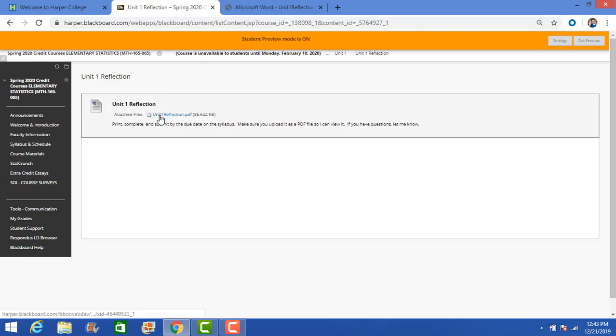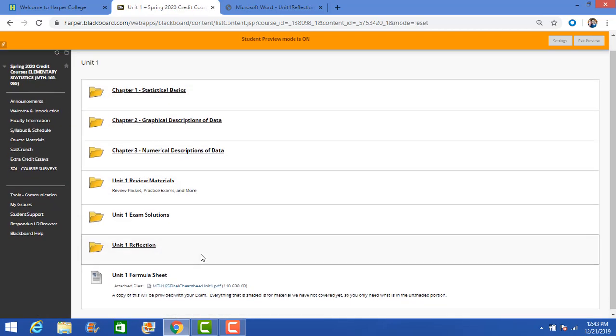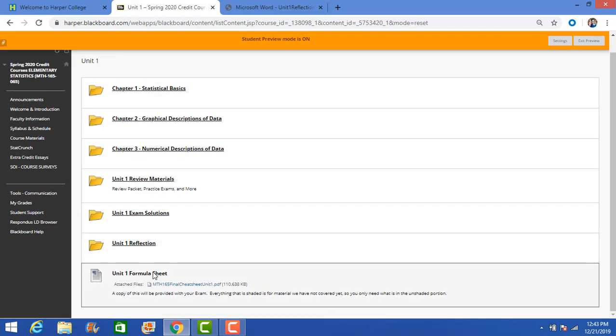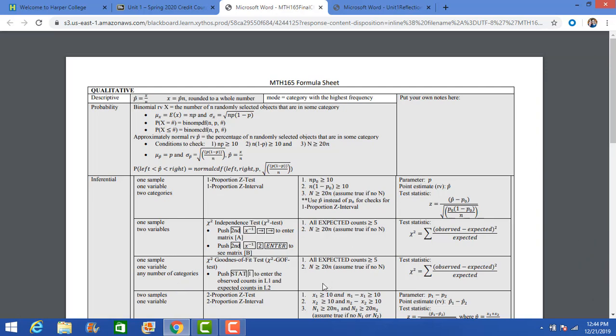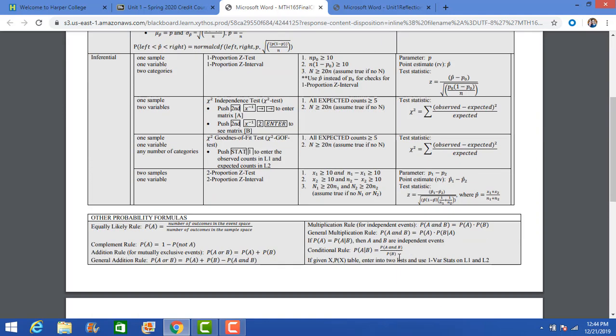Okay, so let's go back here. And then here's your formula sheet. So you can use this formula sheet for each exam. Now I will supply these for the exam, so you do not have to bring these with you to the exam. But in this exam, all of the areas that are shaded, you will not use for the exam. Okay, so for example, this is the cheat sheet for the first exam. Notice that the only things that are not shaded